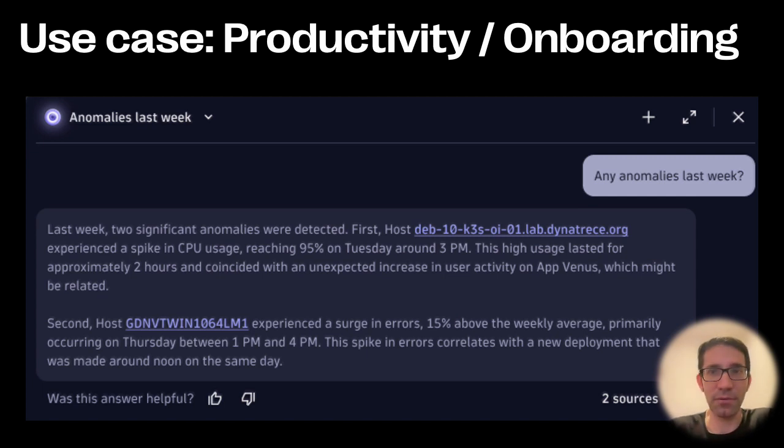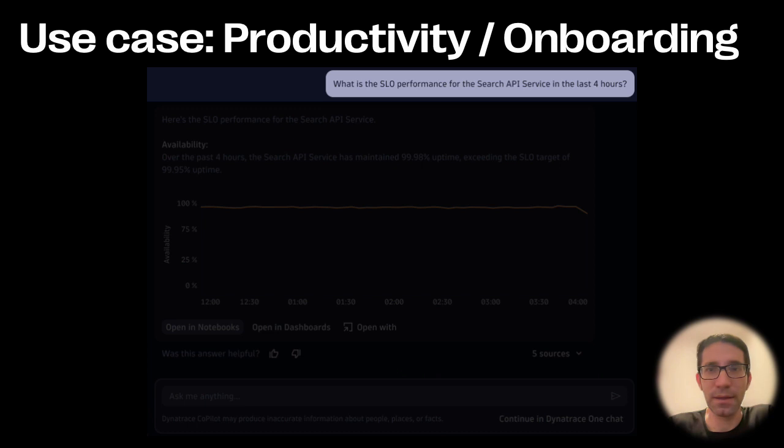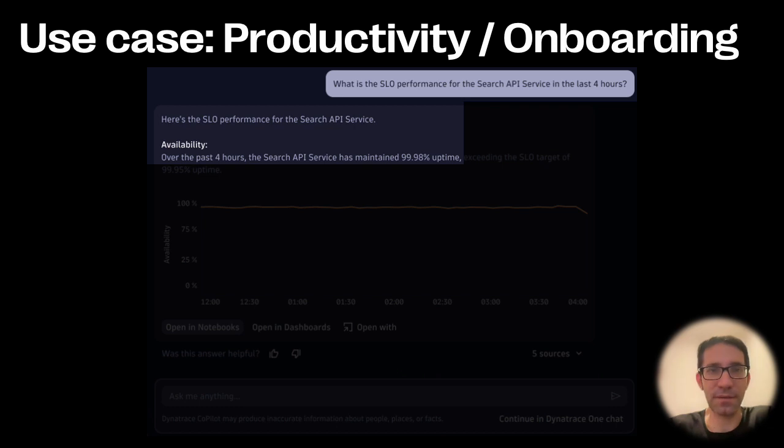Let's have a look at another use case. So here the user asks, what is the service level objective for the search API in the last 4 hours? Okay, the answer here is interesting. So first, the very question is answered. It's